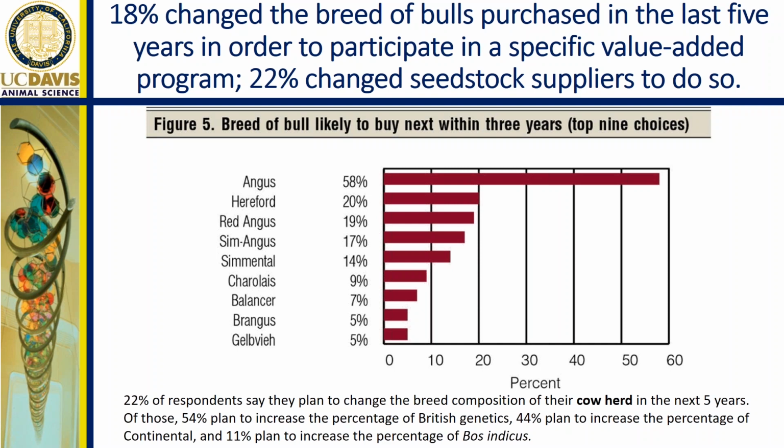And about 22, or a quarter of them, changed seed stock suppliers to do so. And presumably they're working on a particular value-added program that perhaps rewards a particular color of coat, for example. And the breed of bull that's likely to be purchased within the next 3 years is good news for Angus